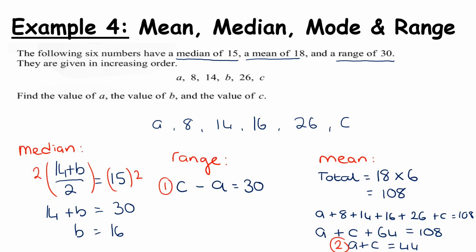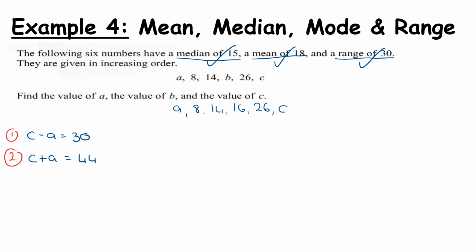So let's solve that. To make it a little bit easier, I flipped equation 2. So instead of A plus C equals 44, I wrote C plus A equals 44. It aligns better then with equation 1. We get a straight elimination with our A's without having to do anything. And we get 2C is equal to 74. Divide both sides by 2 and C equals